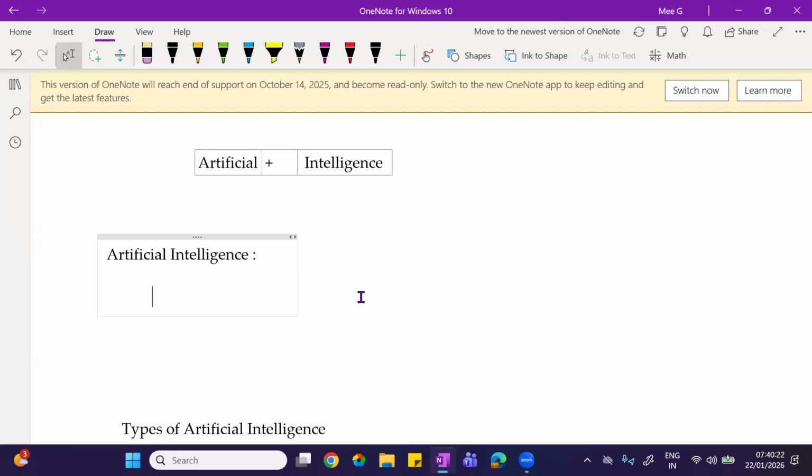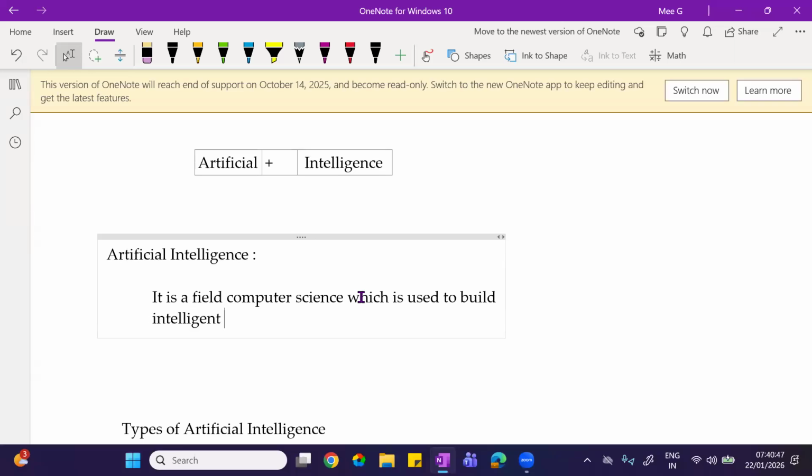It is a field of computer science which is used to build intelligent machines capable of performing tasks which require human intelligence.